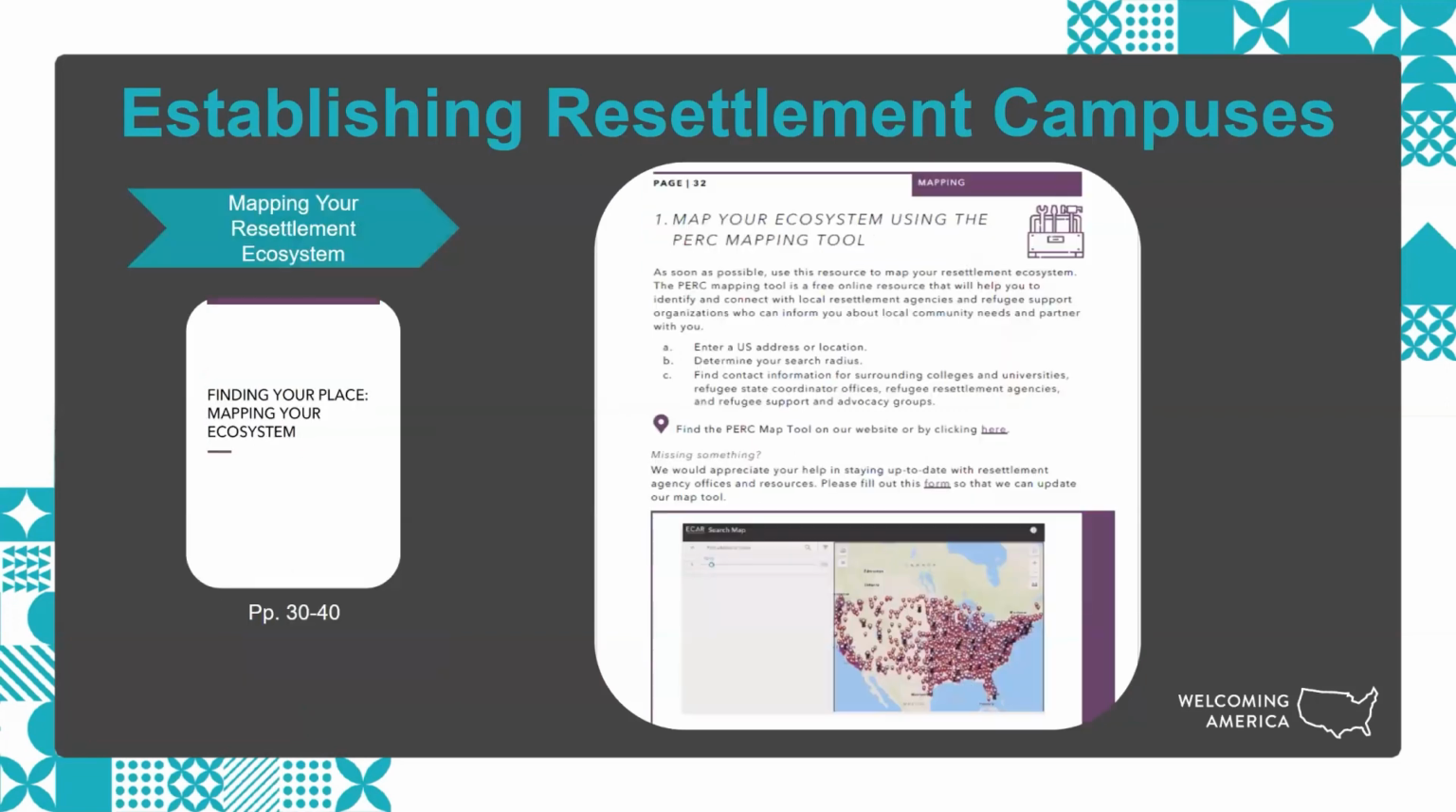Next slide, Christian. And then the second portion of the manual really focuses on mapping your resettlement ecosystem. So it contains various tools that should be useful to you in your work. One of the tools that folks have told us has been most useful is the PERC mapping tool, which is a free online resource that helps folks identify and connect with local resettlement agencies and refugee support organizations, and who can inform you about local community needs and partner with you on refugee resettlement work. Then